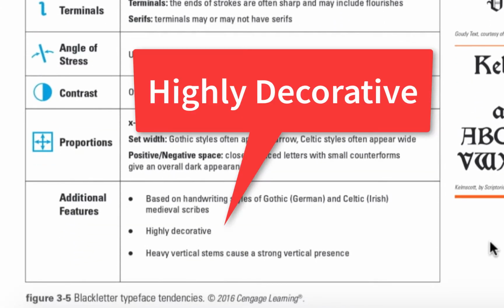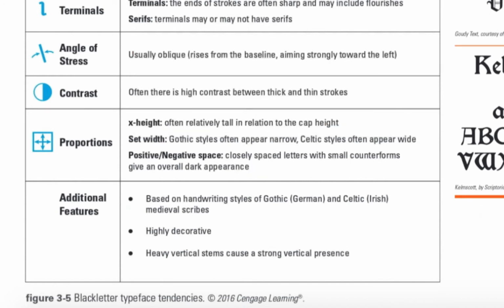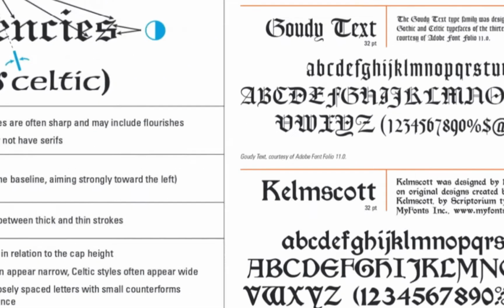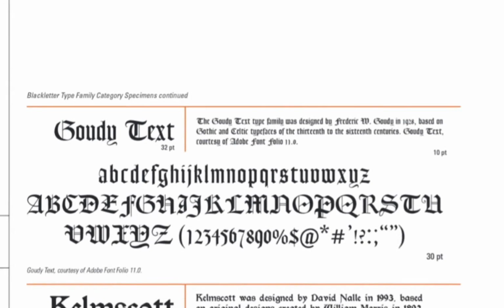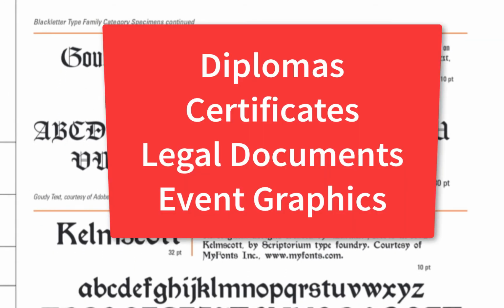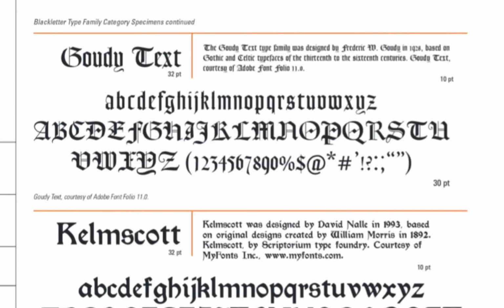Now that means even though it can almost be like a handwritten font because it's made by scribes, we pretty much put it in the decorative category, and in the 21st century, we're going to use these fonts as decorative fonts. You might see them on college diplomas, certificates, formal legal documents, or for a German fest or an Irish fest, or restaurants and things like that, but you're not going to see them in everyday body copy. You're not going to see them on websites very much, so they're not a category that we're going to focus a lot on, but I wanted to bring it up first because that's the first thing they address in the chapter,